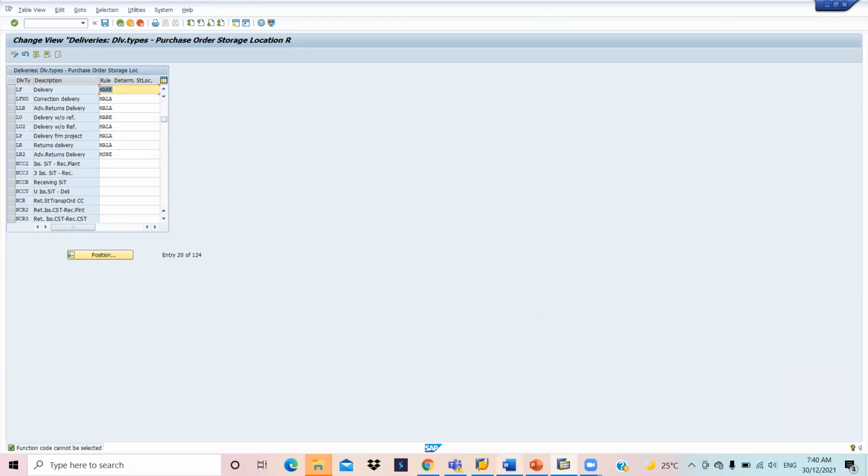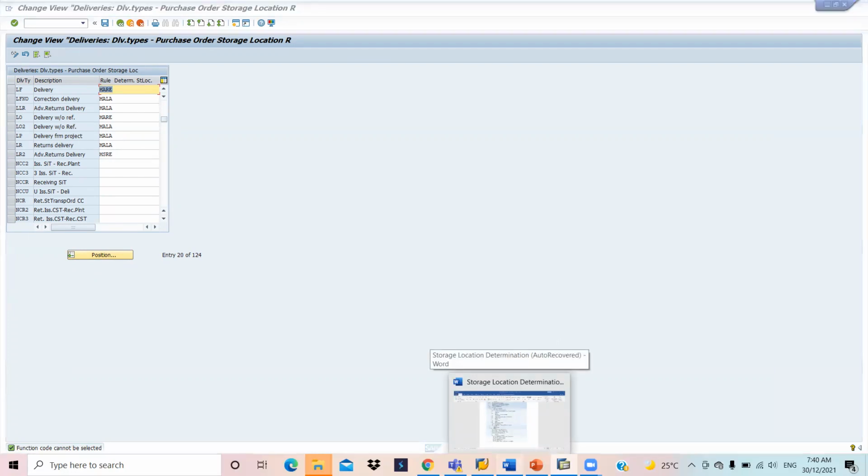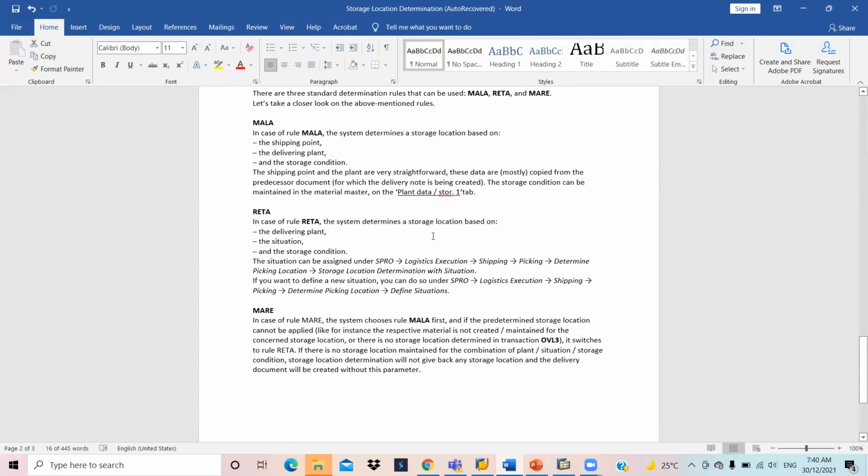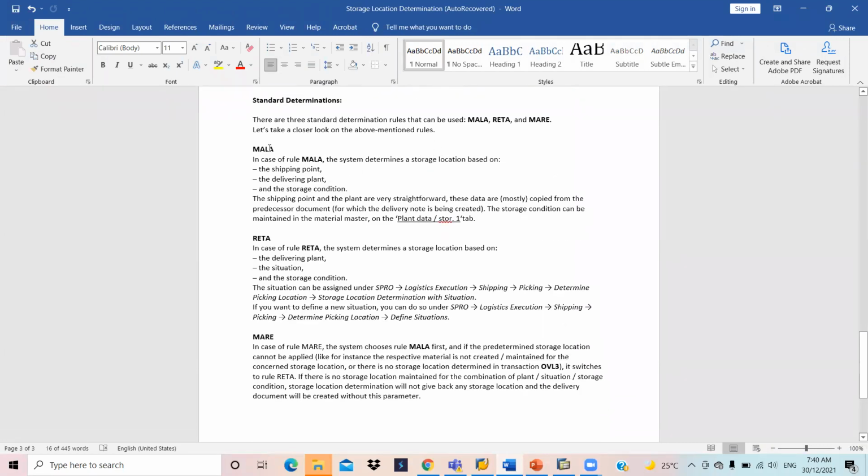You can assign MALA or RETA also, but if you select MALA, the storage location determination is based on shipping point, delivery plant, and storage condition. If you select RETA, then the storage location determination is based on delivering plant, situation, and storage condition.